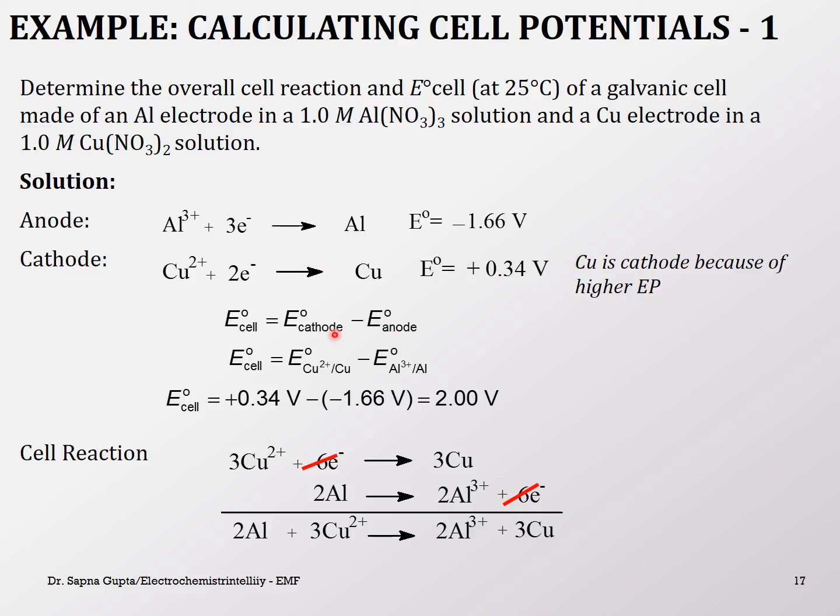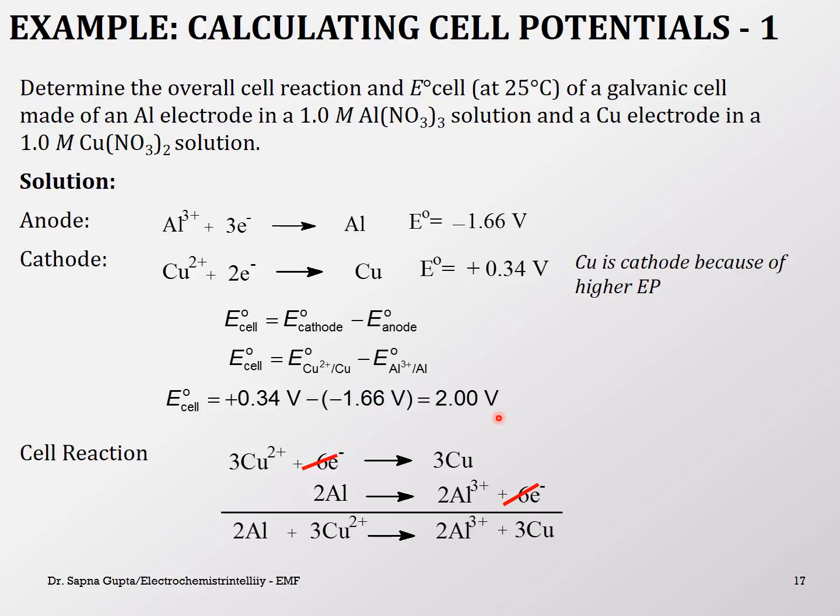So now we can set up our equation. Our E cell is cathode minus anode. So then our cathode here is going to be the copper, which is positive 3.34. And then our anode here is going to be the aluminum, which is negative 1.66. So here negative, which means minus, and then the negative value here,